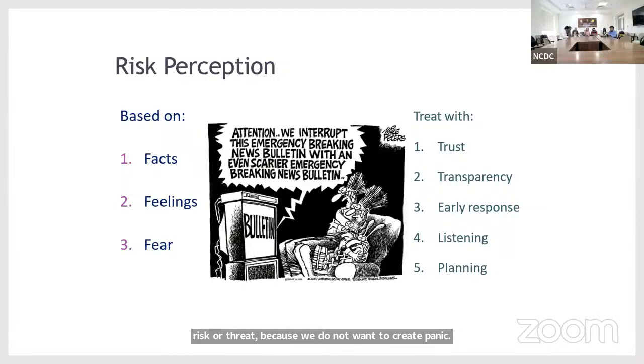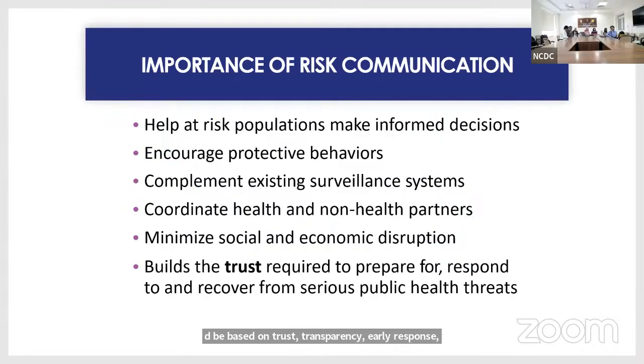So based on the risk perception of facts, feeling, and fear, we need to moderate our risk communication strategy, and it should be based on trust, transparency, early response, listening, and planning. Risk communication will help the populations at risk to make informed decisions. I would just cite a simple example. People are asking us whether they can travel to African countries or not. If they have all the facts with them, it becomes easy. It will help them adopt the protective behaviors required to protect themselves, and will also complement the existing